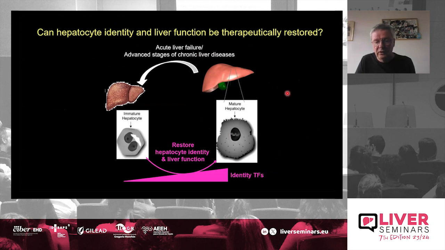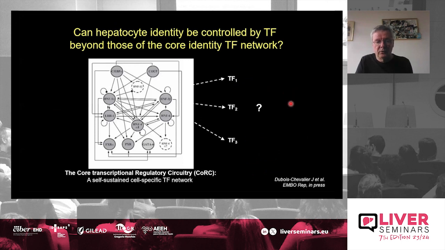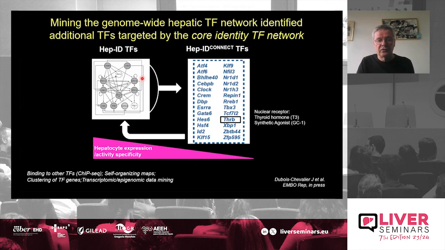And so Julie de Chevalier and Jérôme Écoute worked a little bit more on that, and they actually showed that this HepID transcription factor network that you see here in its complex interaction does actually connect to other transcription factors with less hepatocyte specificity, and they call them the HepID connect transcription factors. And so the idea is that these can cooperate with the HepID transcription factors to increase, again, hepatocyte identity gene